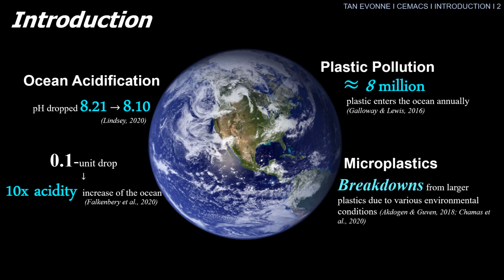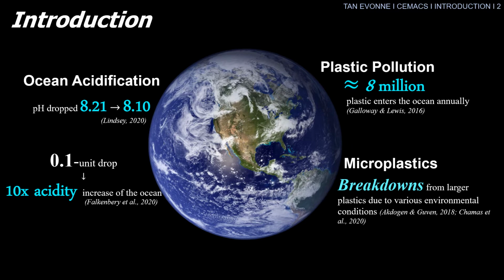First up, ocean acidification. Nowadays, the ocean is becoming more and more acidic because it absorbs excessive carbon dioxide released by human activities to maintain the balance of the air composition in the atmosphere suitable for all organisms to use and breathe. Unfortunately, the ocean pH has dropped from 8.21 to 8.1 since the Industrial Revolution in the 1950s. So it's pretty evident that ocean acidification is caused by humans.